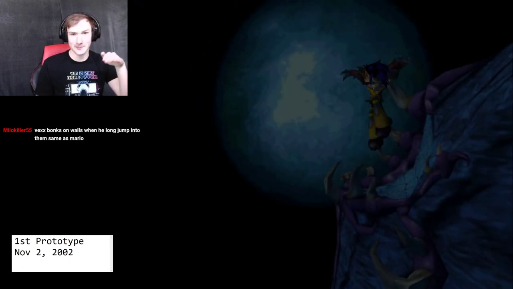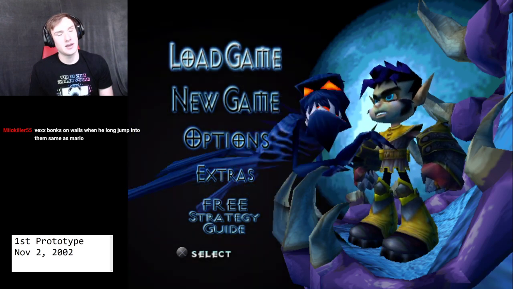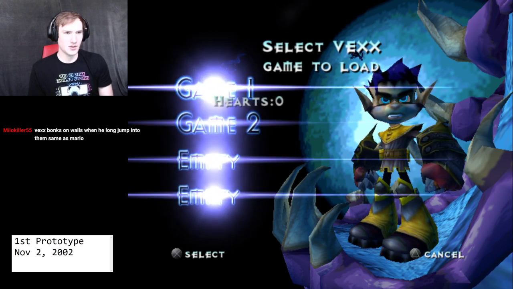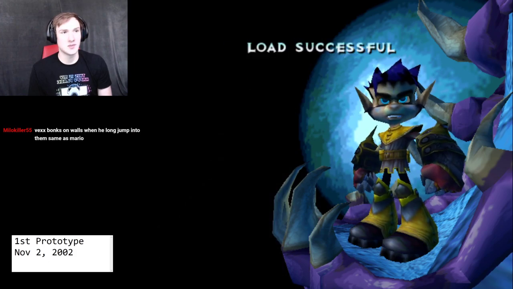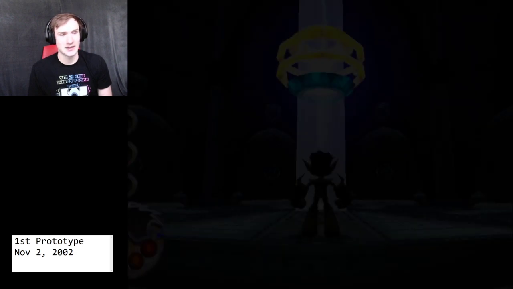Because I'm assuming Dragon Reach is not done. But let's see here. I can load from game 2 and it says I have one heart already. So let's see what happens when I load from game 2. Because even if Dragon Reach is not done, I just want to load into it and have the game crash anyway. I want to see what Dragon Reach...